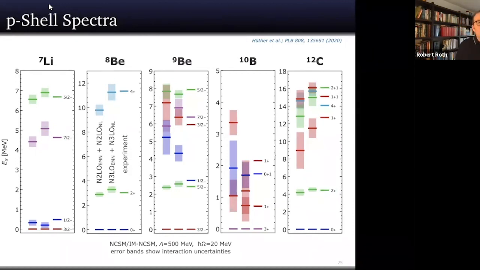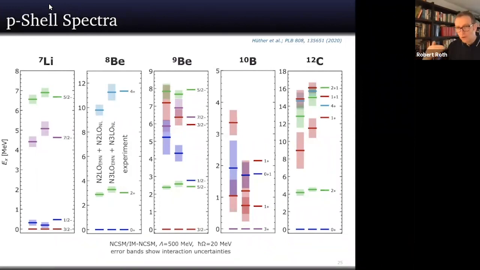Now, your initial point with reducing these uncertainties and higher orders. Yes, in principle, the path to reduce uncertainties is clear in all the different methods. For chiral EFT, it means go to still higher orders. Maybe you have to go beyond N3LO, the level we are at now, for certain observables. If the dominant uncertainties are from the many-body treatment, then yes, you have to go to larger many-body spaces, better many-body methods. It's a question whether you can practically do it.